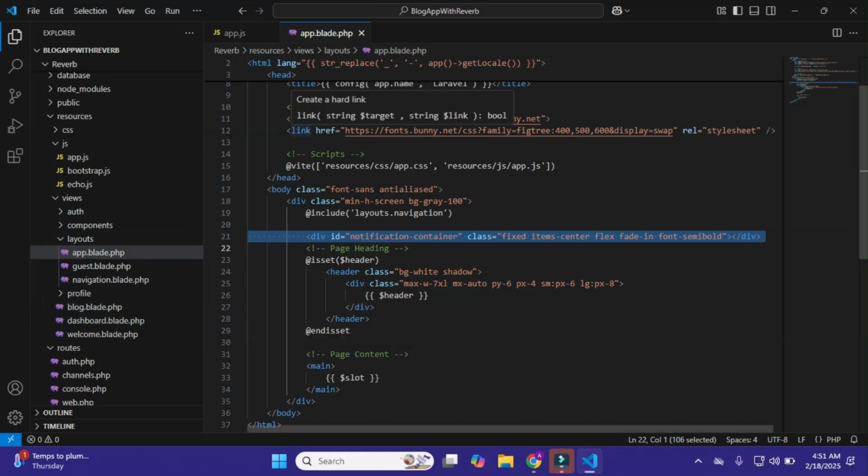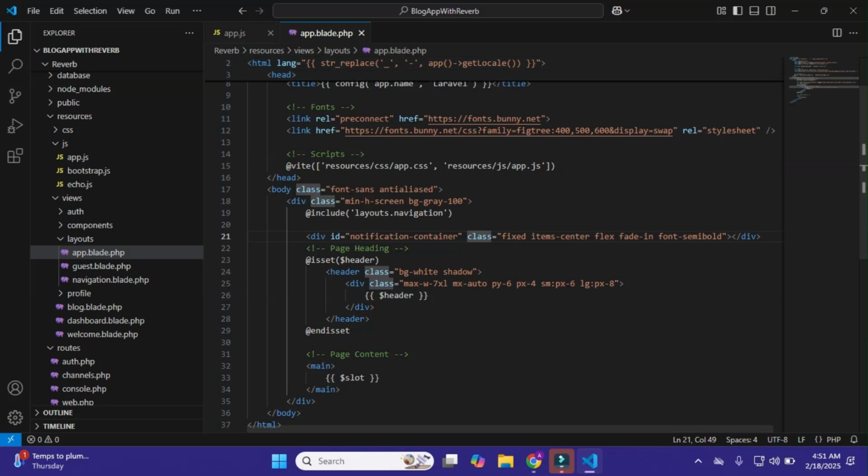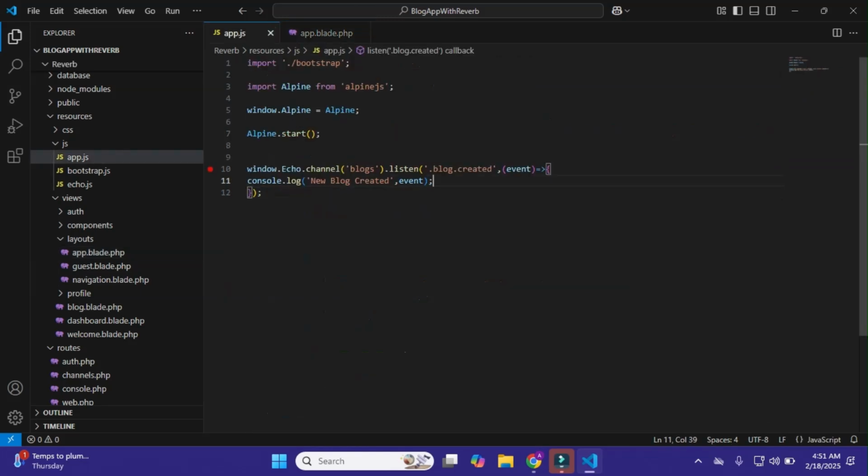Okay, so that's the thing, that's why I'll just define this container in my app.js file, so it includes all the files and shows notification on all the pages. Okay, so now we just simply write code for showing notification, and showing blog in real time.